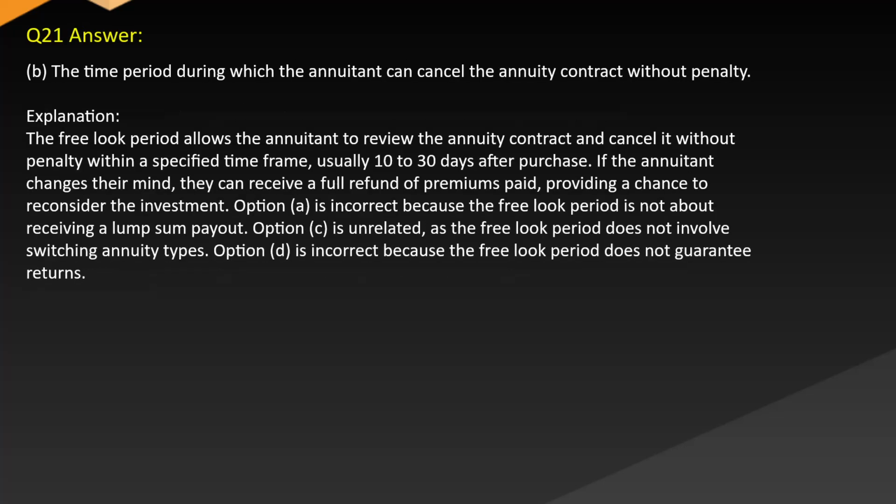Answer B. The time period during which the annuitant can cancel the annuity contract without penalty. Explanation. The free look period allows the annuitant to review the annuity contract and cancel it without penalty within a specified time frame, usually 10 to 30 days after purchase. If the annuitant changes their mind, they can receive a full refund of premiums paid, providing a chance to reconsider